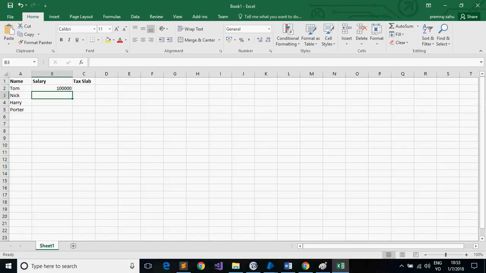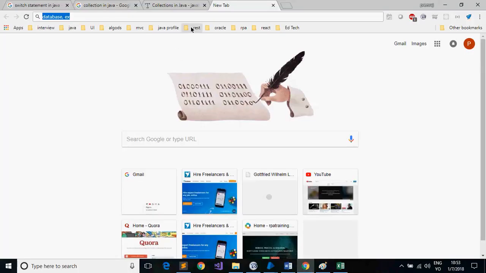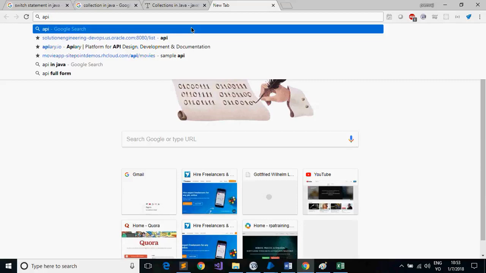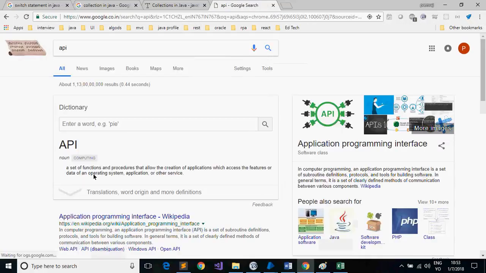Most probably it can be an Excel sheet, or it can be from a database where you'll be writing some SQL query, or if there is a developer who is good in SQL, he has to write the SQL query, or it will be from an API. Okay, so we'll talk about API. API is basically your application programming interface, where we'll be